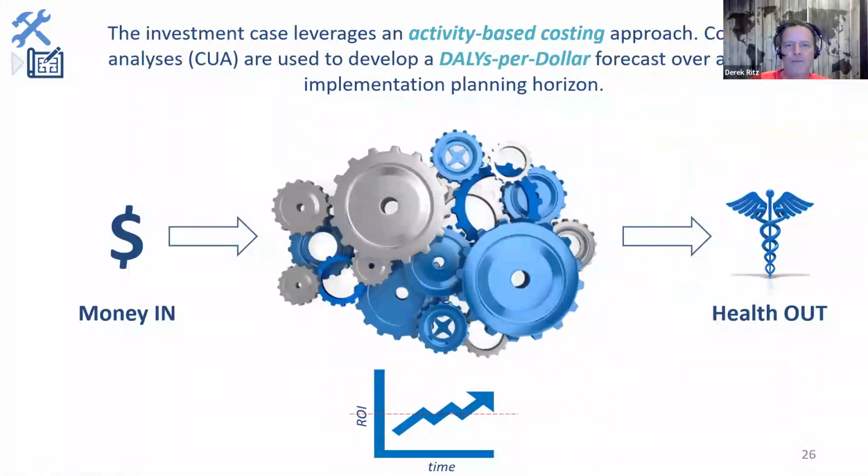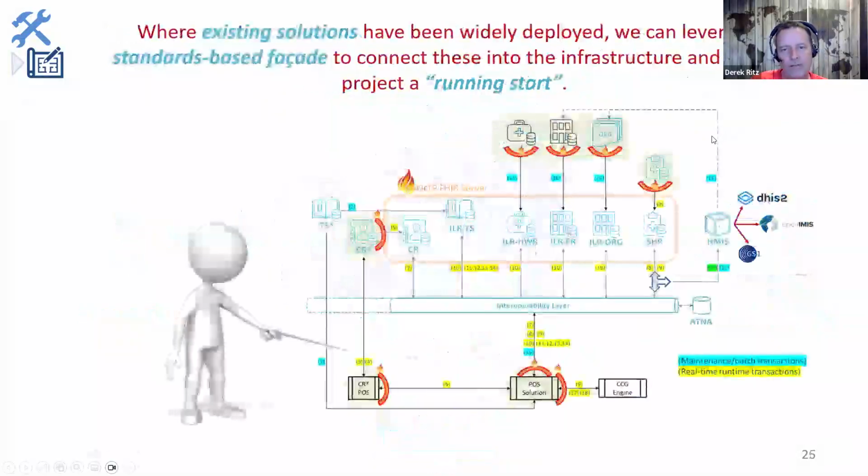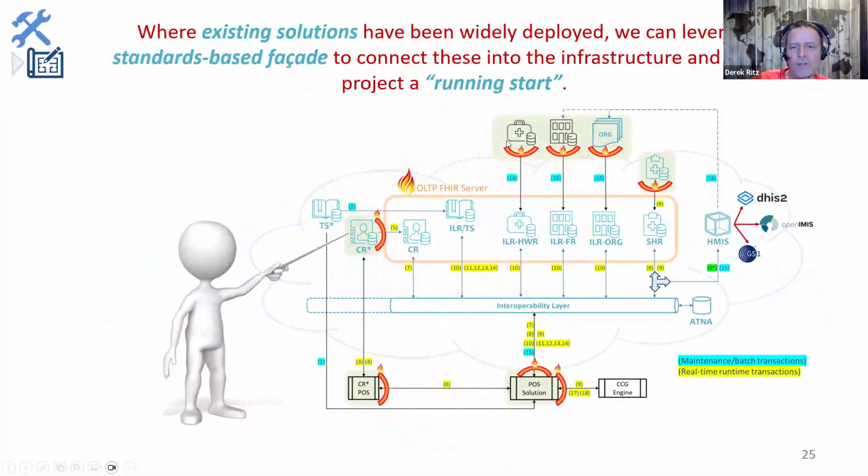The investment case leverages this idea of activity-based budgeting. So the way that you work up your cost model and your benefit model, I'm going to go backwards for a second, is you say, if you have underlying health worker directories or facility directories, and you're pulling this information into an interlinked registry for health workers and facilities and organizations and health services, a database of health services, your terminology service. If you have these and you have to be able to build interfaces and connect them in, or